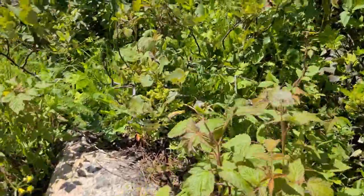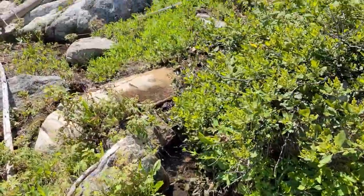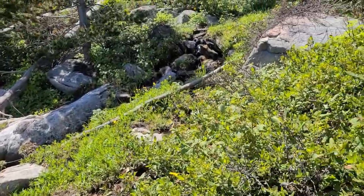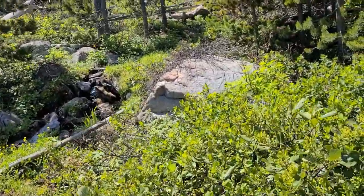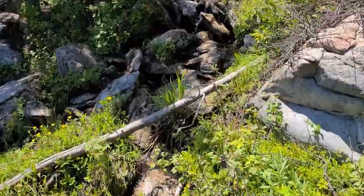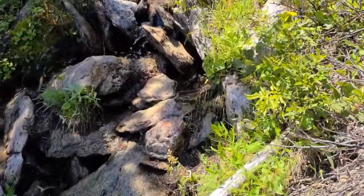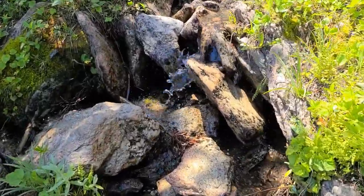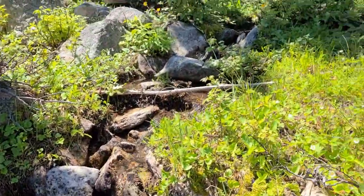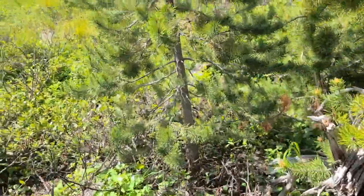As soon as you get on our property, you see this beautiful little creek. It's really a large spring just coming out of the hillside. It goes away further down. Love it. Fresh water. And finally,